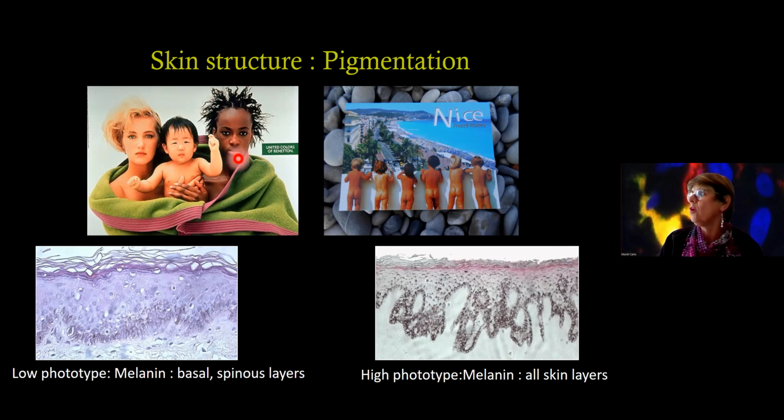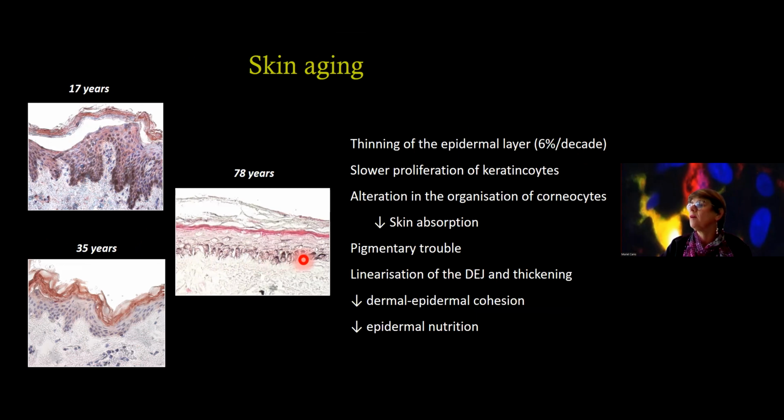stratum corneum. Another point which is important is skin aging, because with aging, we have some numerous differences between patients. You can see here young people, and over time, you can see that there is a thinning of the skin, a linearization of the dermoepidermal junction. There is a decrease in the capacity of fibroblasts to secrete collagen. There is a decrease in the capacity of the barrier to allow protection. So there is mainly dry skin when we are aged. So there is a lot of difference, and this is important when we want to choose the right model we